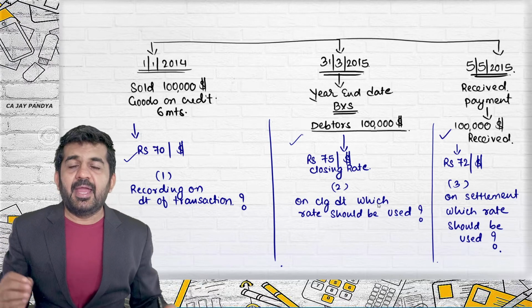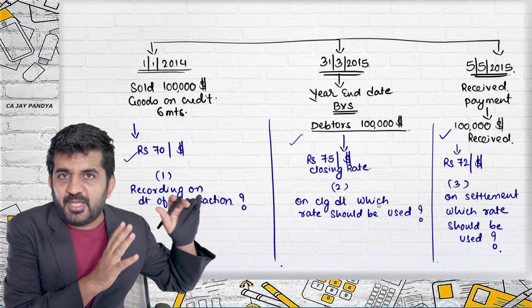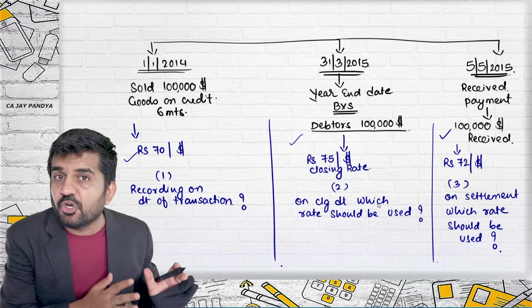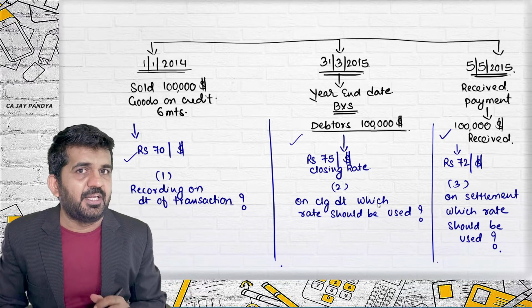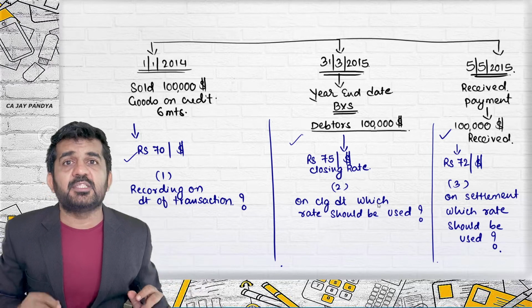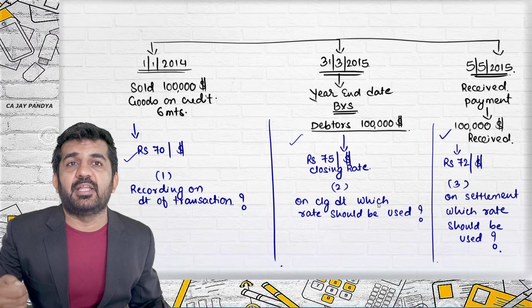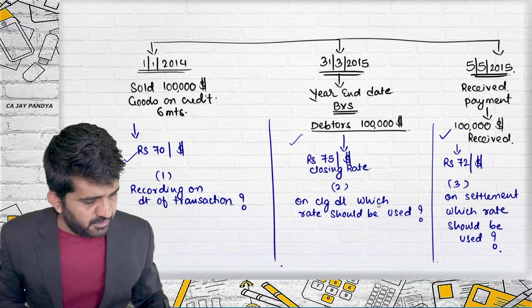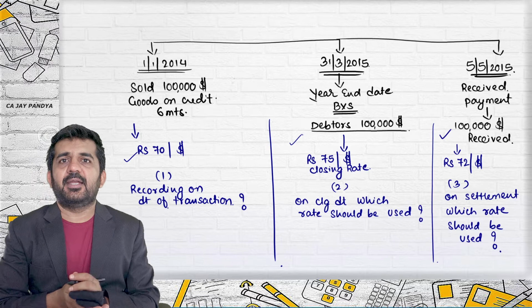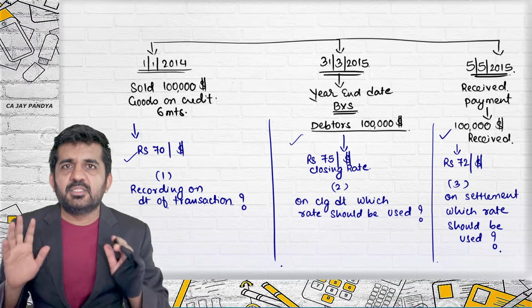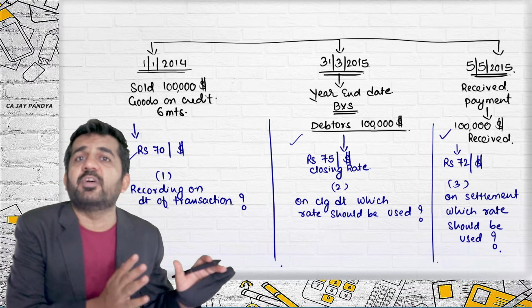Is it all right? And we will be doing full-fledged questions also, and we will be writing journal entries also. So everything will be clear. But if there is a difference, then how to deal with that particular difference? Is it all right? First, try to understand. I am giving you the answer. This we are going to learn throughout our AS 11.